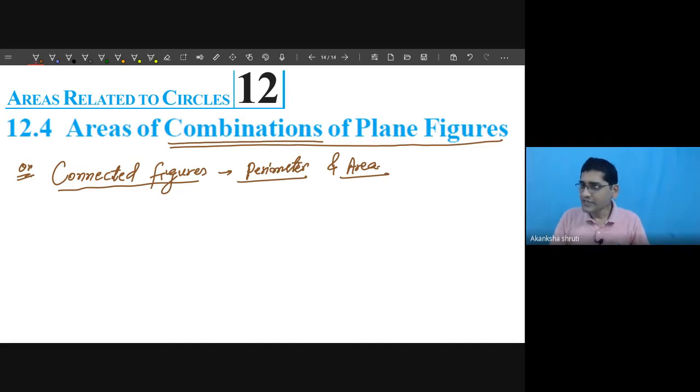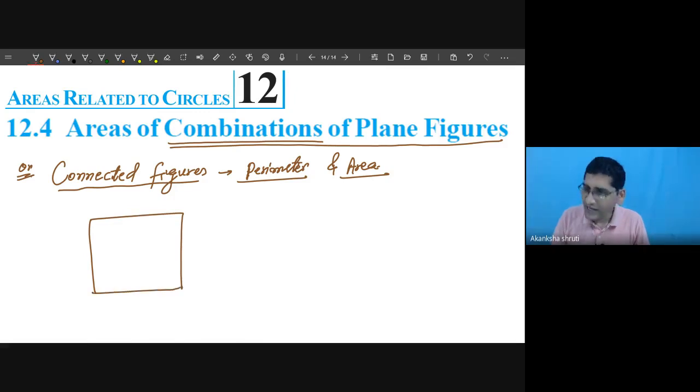For that, you have to take care to convert that figure or that part into the known standard formula or standard figure. Then apply that formula, and just by adjusting it, you can get it. So, students, for example, if we consider